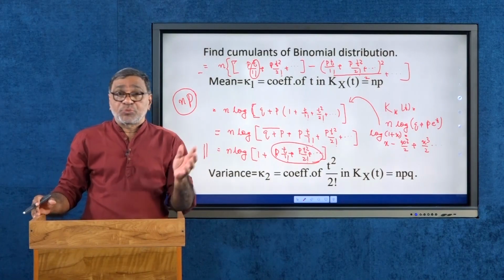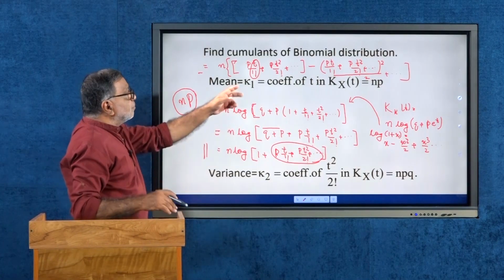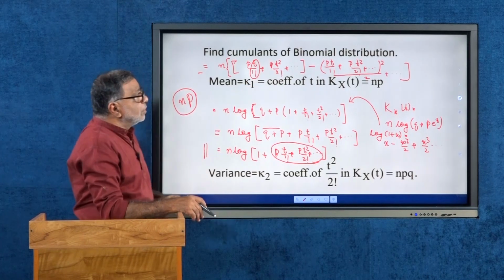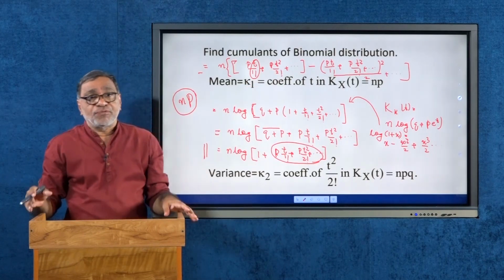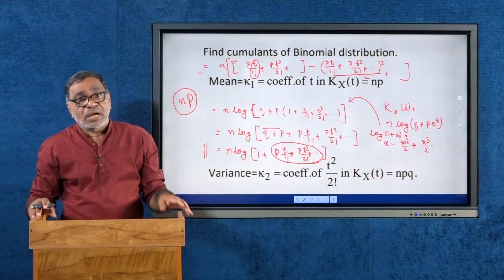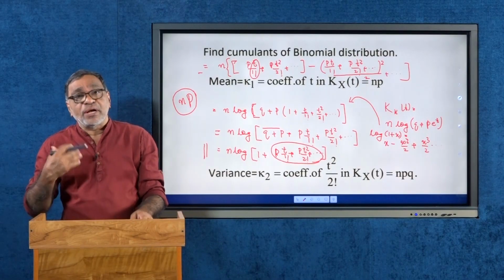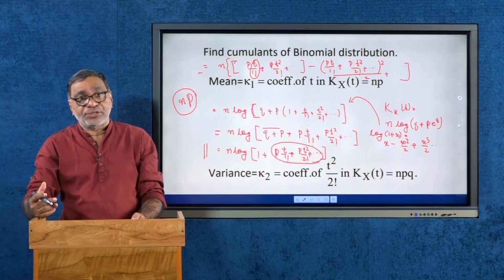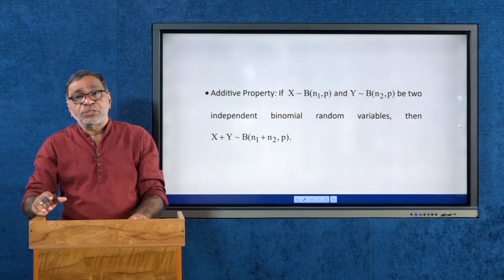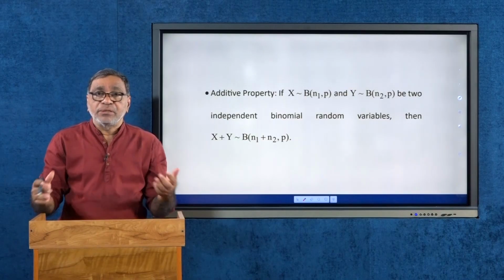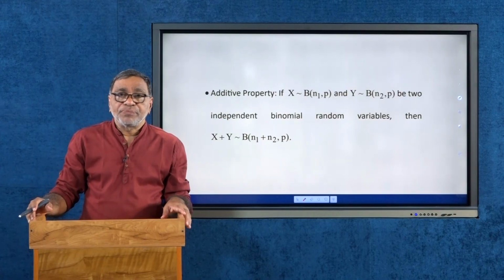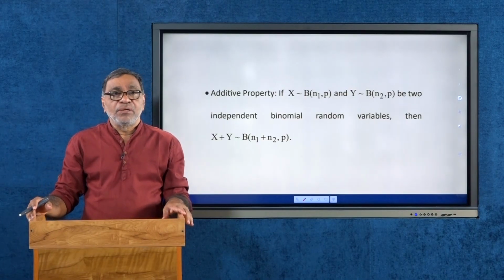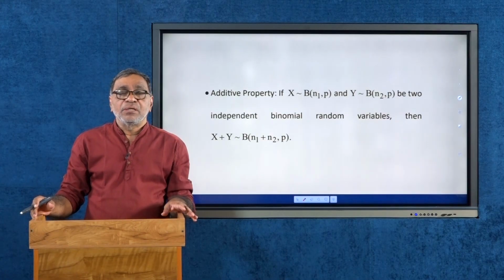Similarly, you expand from this expanded value, you find what is the coefficient of t square divided by 2 factorial, and that is our npq. You find the coefficient of t cubed by 3 factorial, that is our kappa 3, etc. So, using these values, you can find the cumulants of the binomial random variable when we are expanding the cumulant